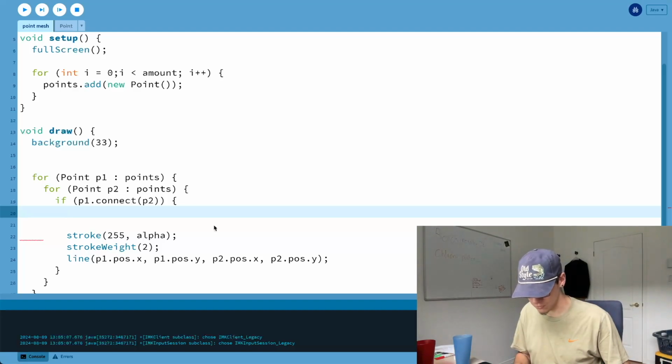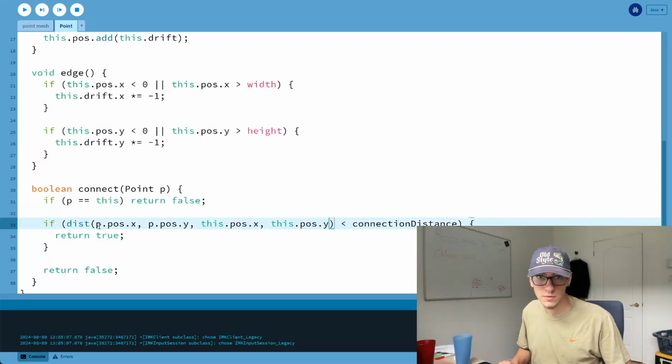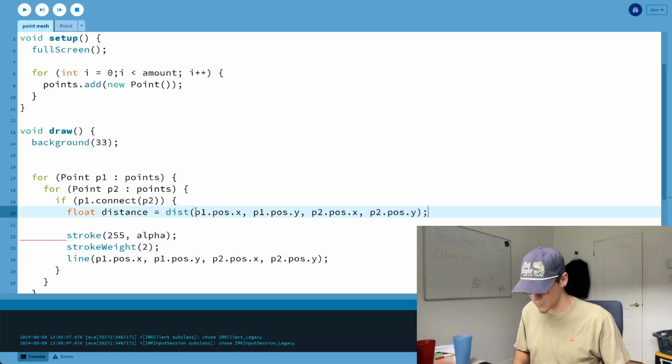So let's do float connection distance is equal to dist, basically the same one as in here. Well, no, let's just do this. It's going to be exactly this. Great, and then the alpha